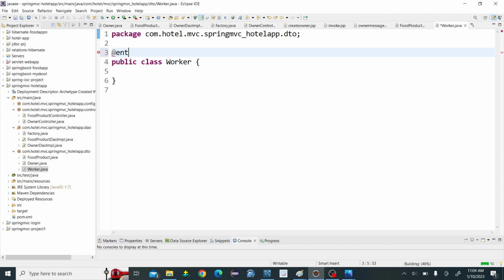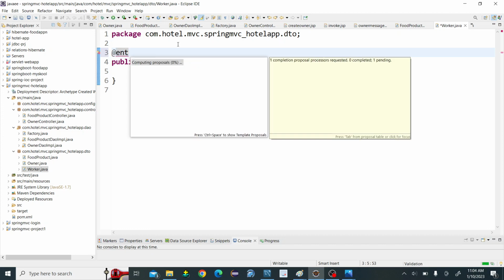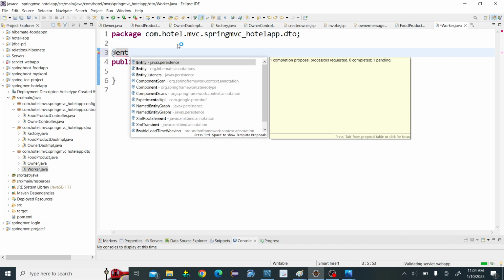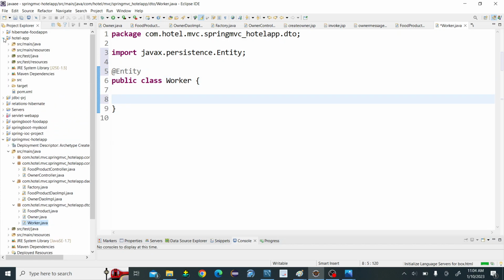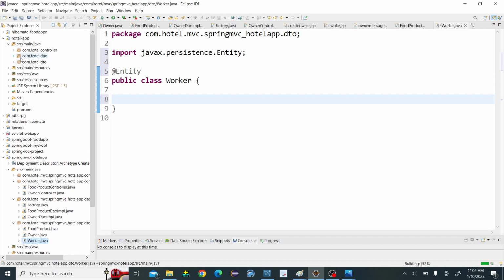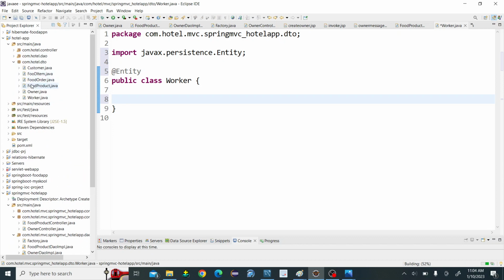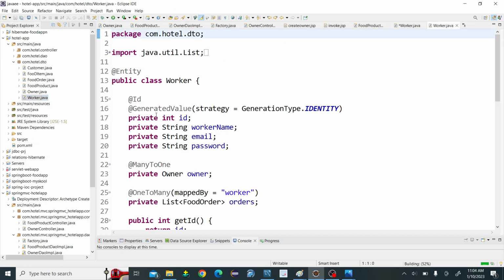We use @Entity to generate a table for this entity class inside the database. Remaining all things we already know about those constraints and methods. So just copy all these things